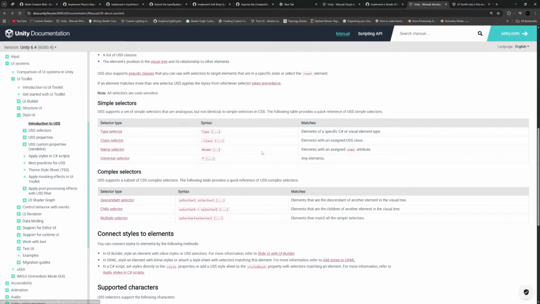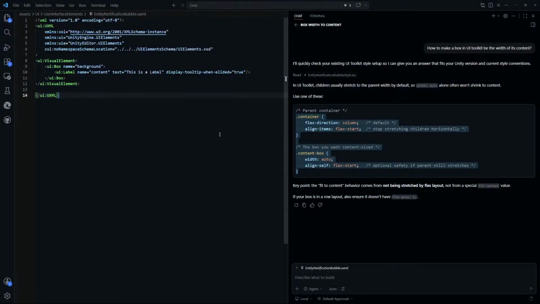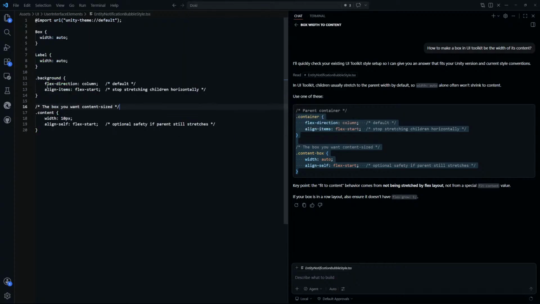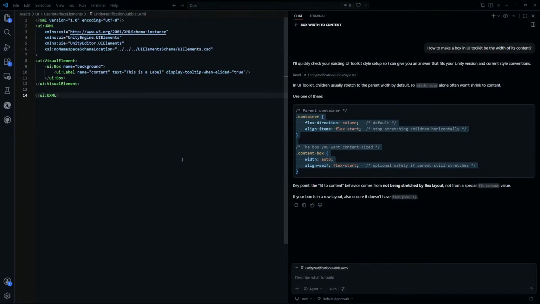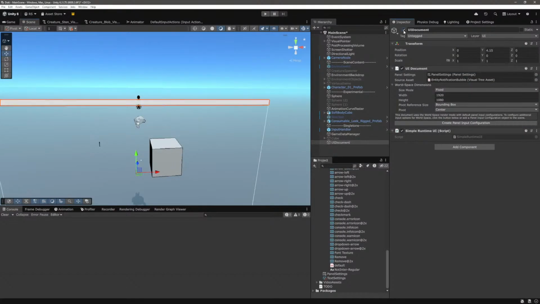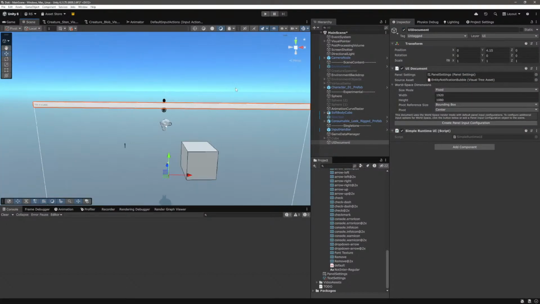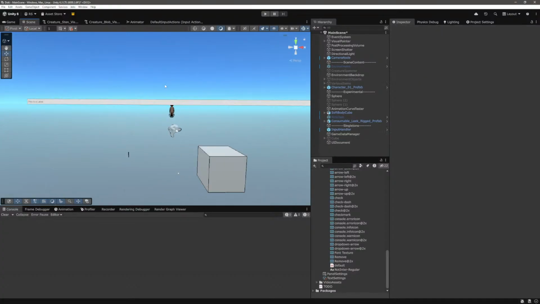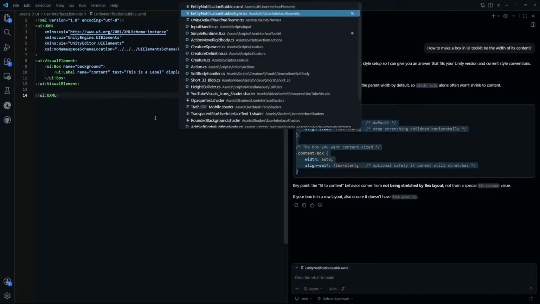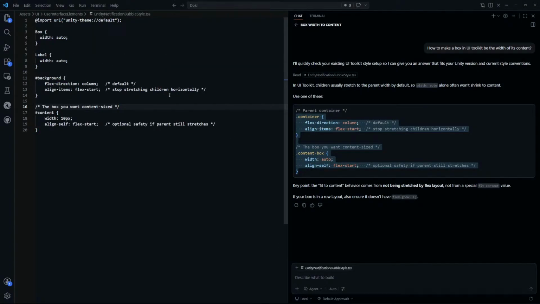Class, and then we have name, but name didn't work for us. But let's go back to name. So we want this, and then we save it. We save this one, and then we reload it in here. And we still have this, but I find it extremely weird that